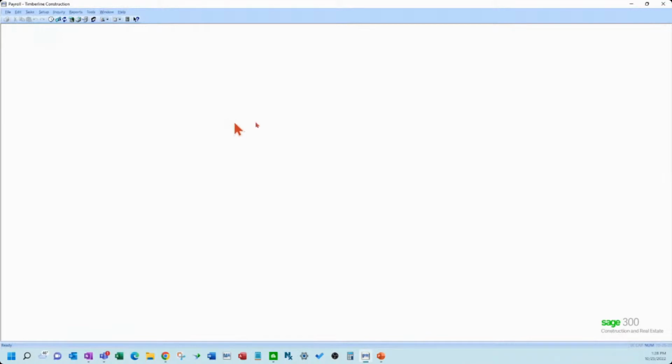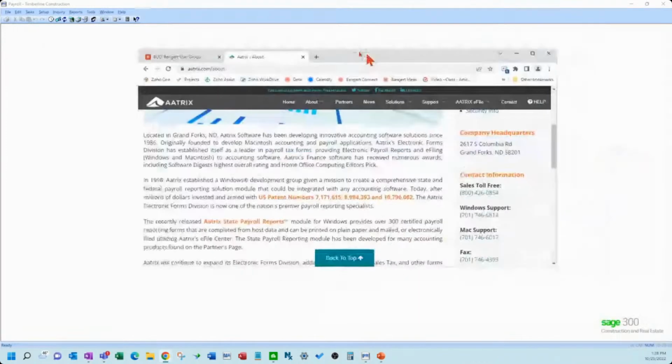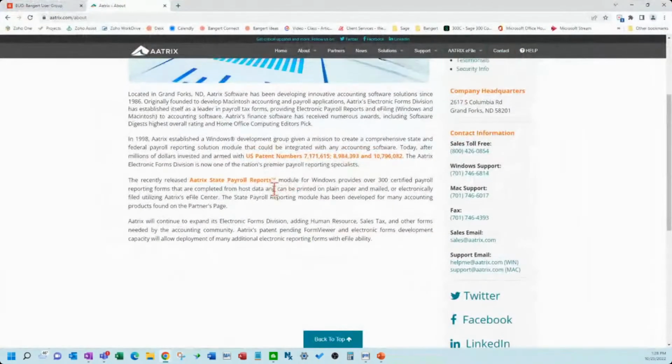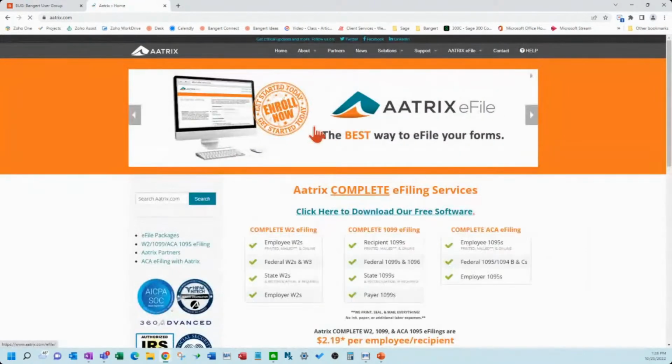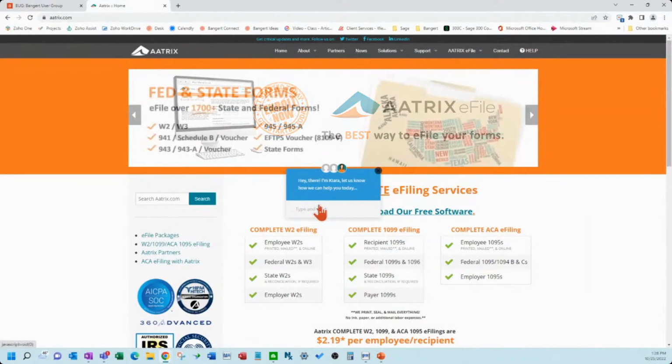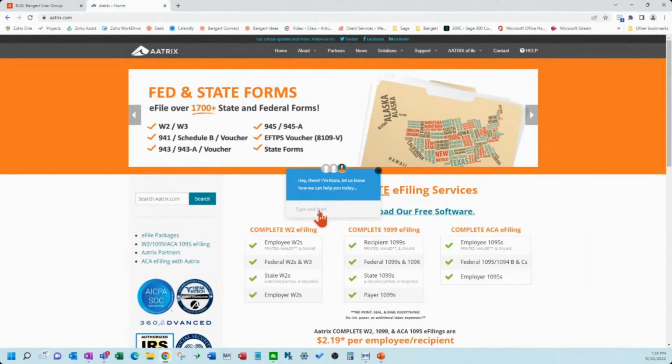Okay, so in order to get pricing for Atrix, if this is something that has interested you, I would go to the Atrix website, and there is pricing out here. However, I do recommend contacting them, it's really easy to get a hold of them, and getting specific pricing.